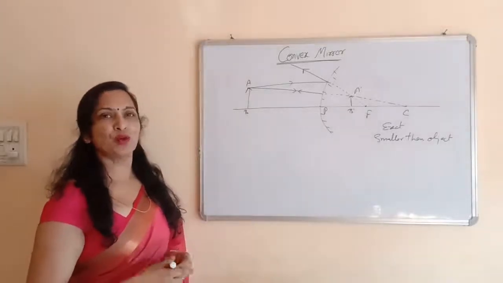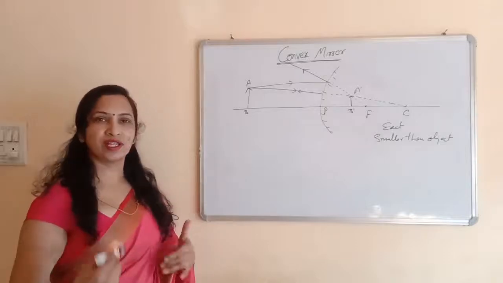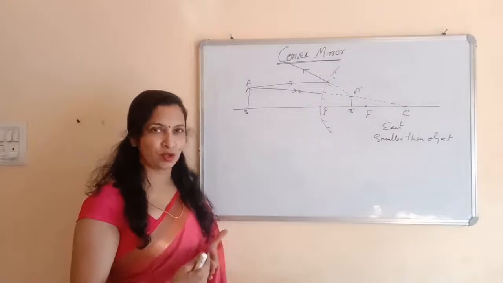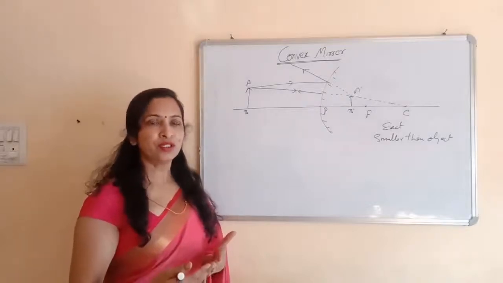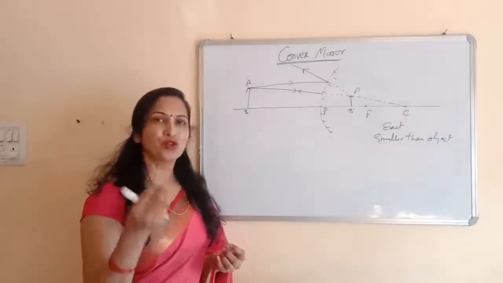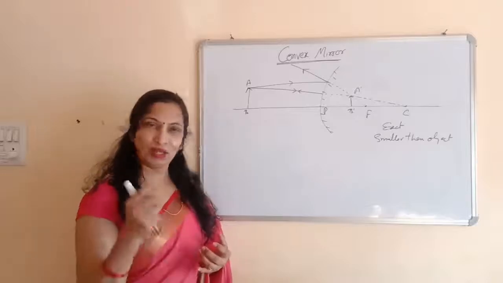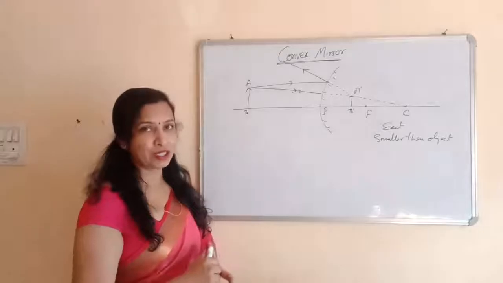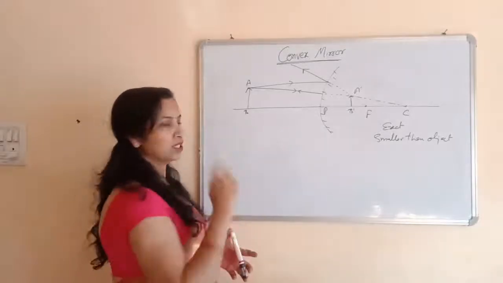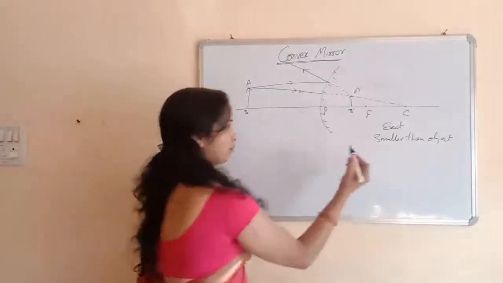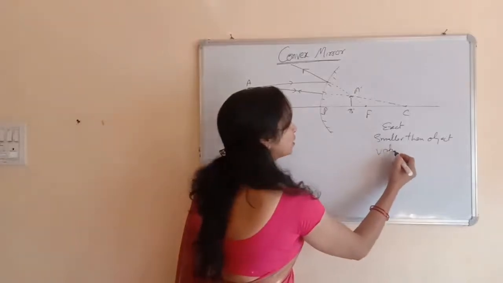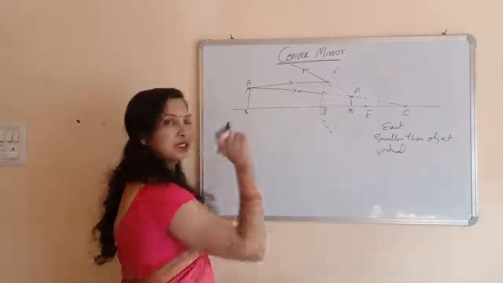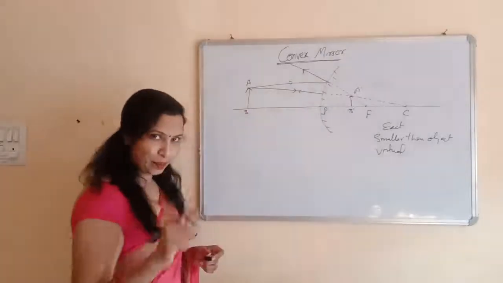If an image is formed behind the mirror, like you see yourself in a mirror, the image is formed behind the mirror, and this type of image is always virtual. You know what is virtual? Virtual means if the light rays do not actually meet at a point, it will always form a virtual image. So in this case, the light rays are not actually meeting at this point. It appears to meet at this point. So it means this is a virtual image. This is the nature of the image. Erect, virtual, smaller than the object.